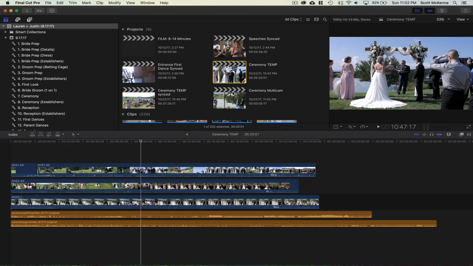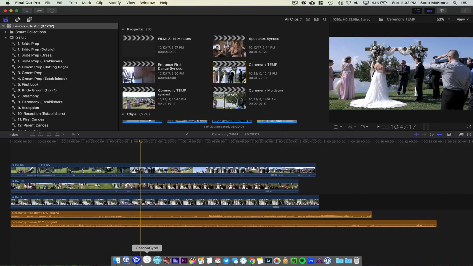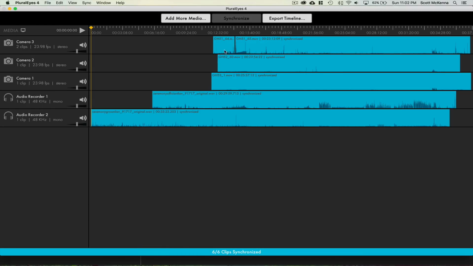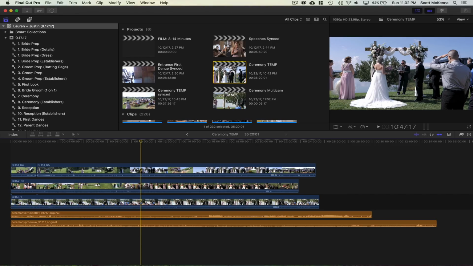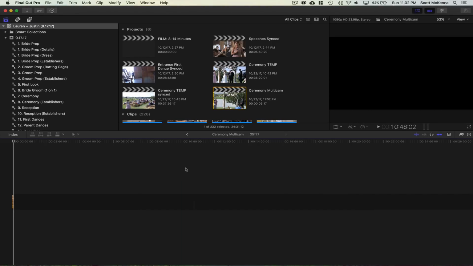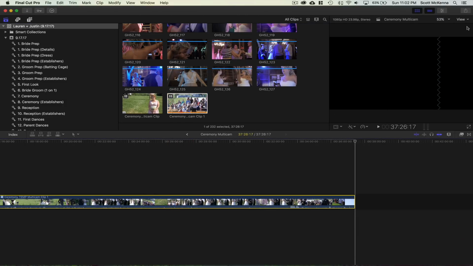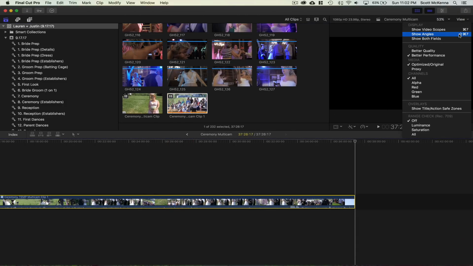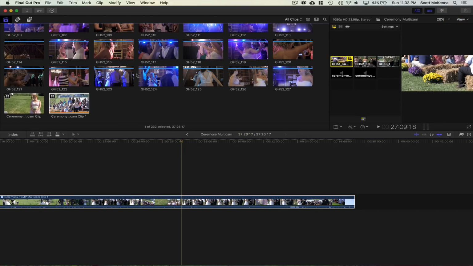So really quick, a recap. Just create a ceremony temp, lay all your cameras on top of one another and your audio sources, export an XML, open it in Pluralize, sync it, export the timeline back into Final Cut. Once you open up Final Cut, make sure you create a new little timeline called Multicam and drop that Multicam icon file right here onto that timeline. And then go to View, go to Show Angles, and you will see all your angles show up there, and you simply can watch it in real time.